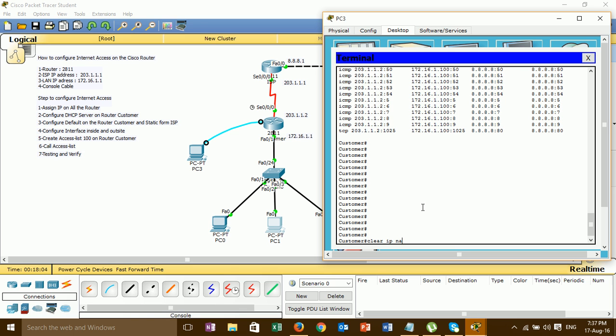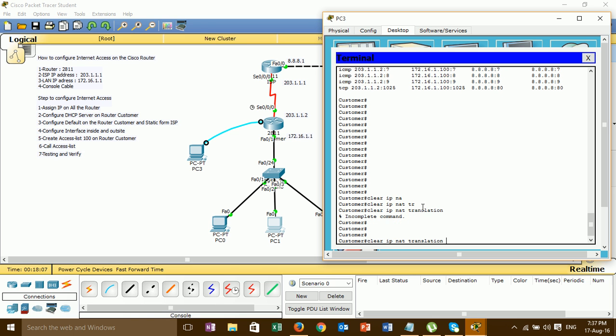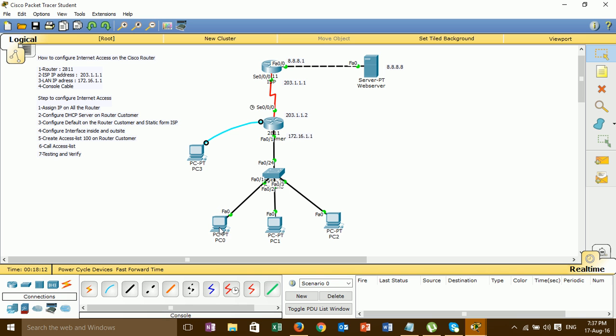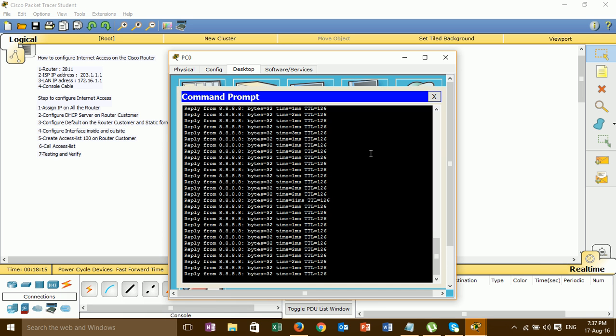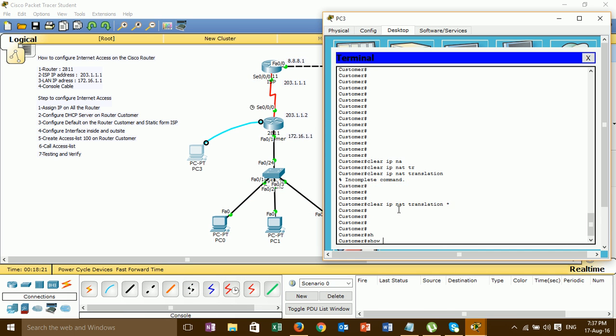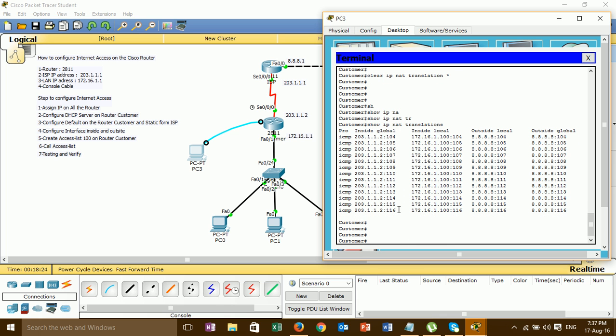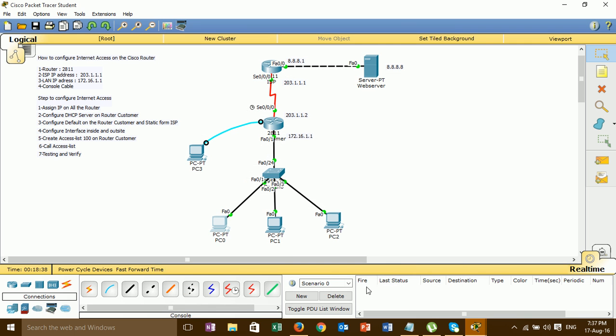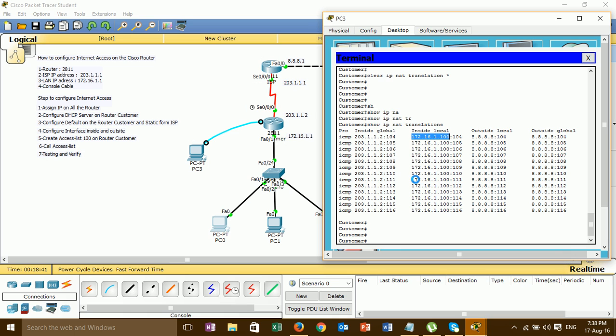Click show ip nat translation. Then I ping from PC0 to the web server. You see the IP nat translation. I ping from this PC, 172.16.1.100, which is the IP of PC0.